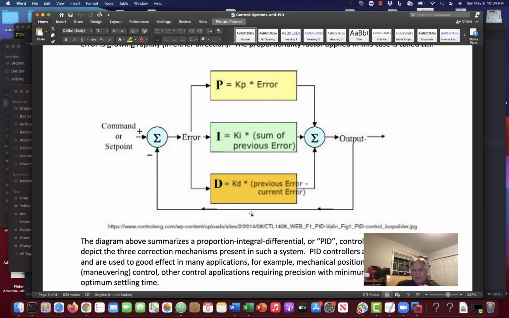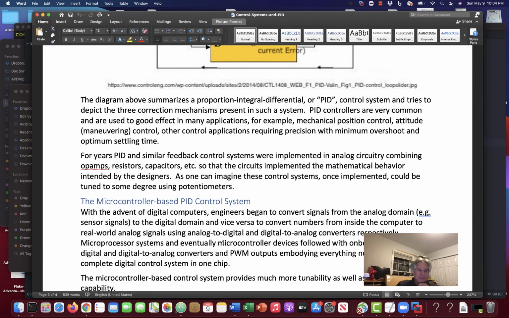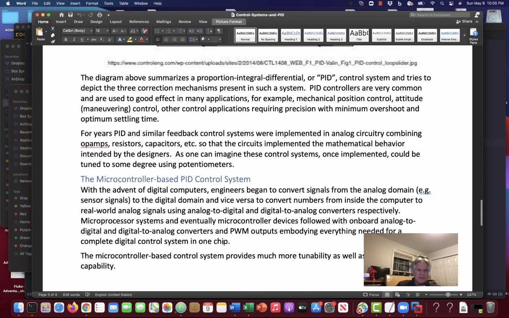And with that factor, you can see how the system could have damping and act like a classic second-order system that has a constant called the damping factor. So for many years,